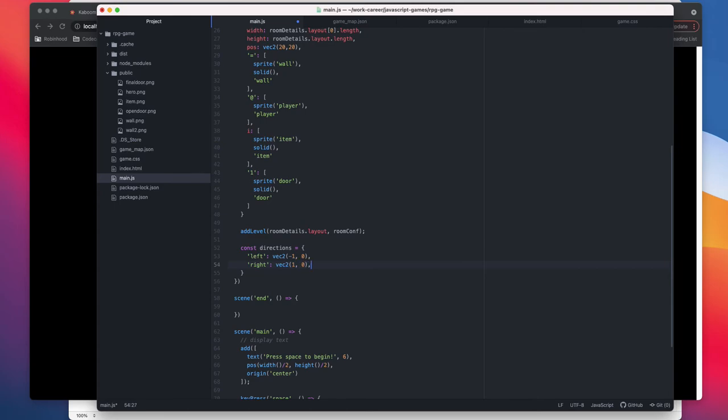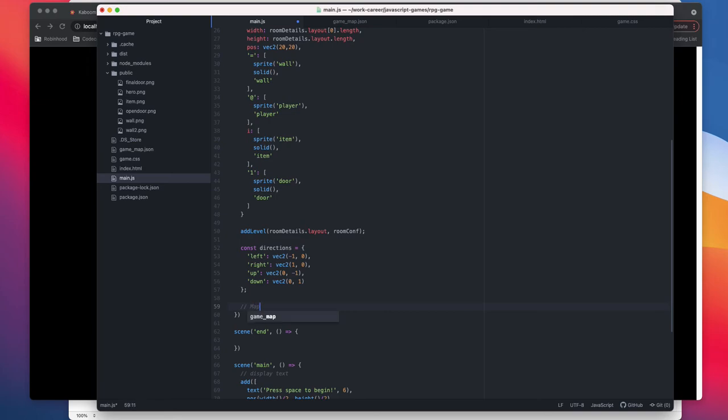So we have this, then we have up. The up would be Vector2 of 0 comma minus 1, and then down Vector2 of 0 comma 1, right? So this is our key to value mapping in the directions dictionary, you can say.